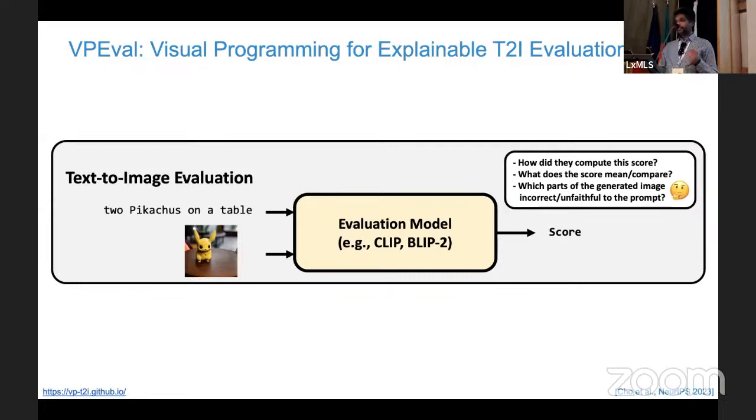For VPEval, the motivation is very similar to VPGen. It's all black box, right? Current evaluations, you'll send it to CLIP or BLIP-2 or whatever, and then you'll get some random score like 0.793. The problem is, first of all, you don't know how this score was computed. You also don't know how this compares to, say, 0.78 versus 0.79 versus 0.3. But more importantly, you want to know what the problems with the model are so that you can actually improve it in the next round, right? As opposed to, okay, I'm happy because I got rank 3 on the benchmark.